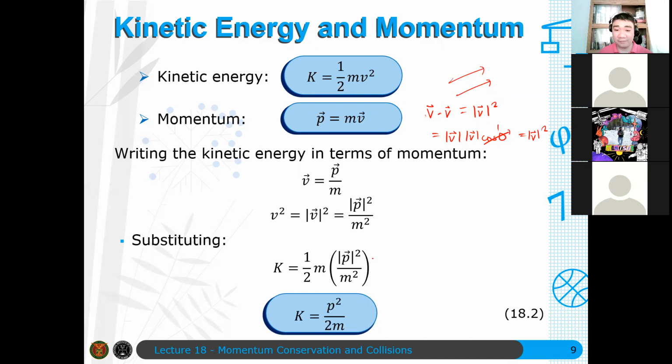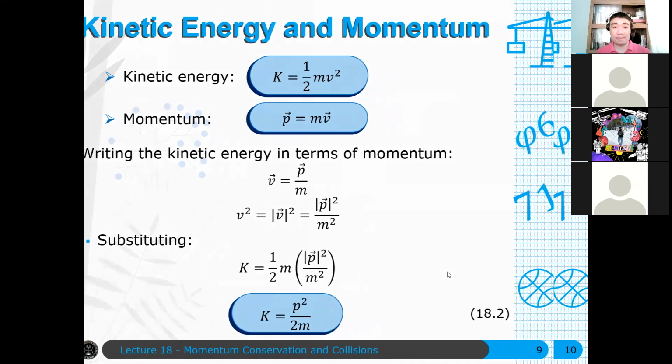Okay? This is important for those who will be taking Physics 73. Makikilala nyo ulit itong P squared over 2m. Okay? Some of you are from triple E, right? May 73 kayo, guys. Anyway, you'll see this is important. This is an important equation when we go to quantum mechanics, for example. May reason kung bakit, but I won't spoil it. Bigyan na natin sa 73 instructors niyan. Okay? Sige. Now, so